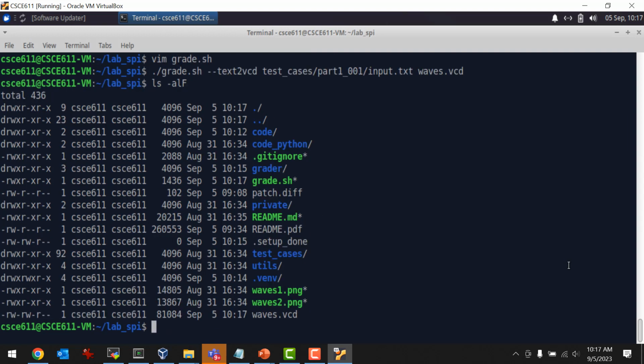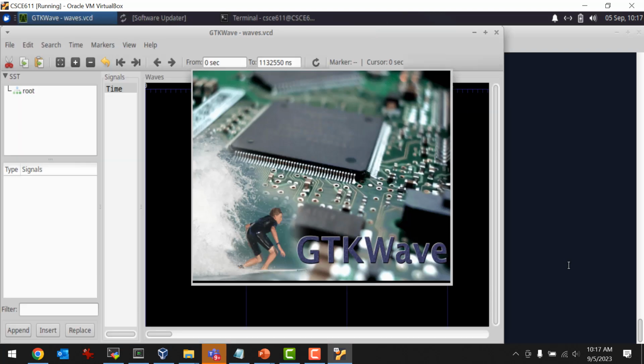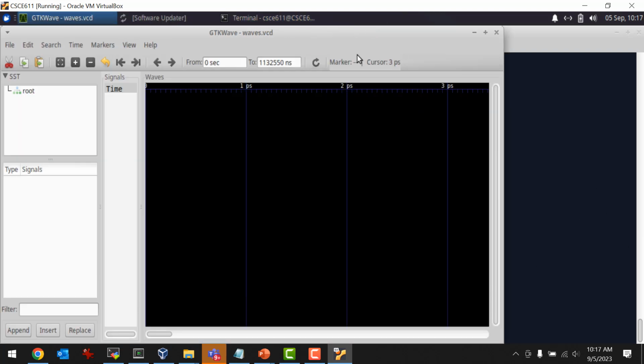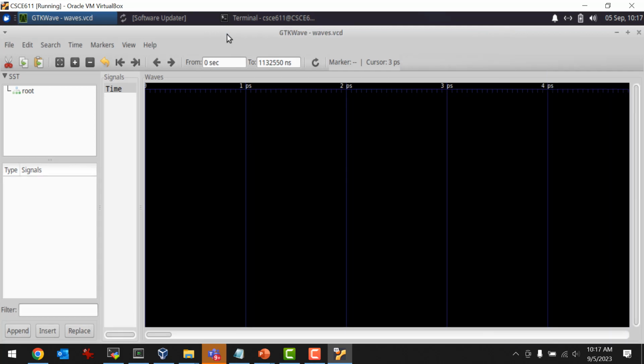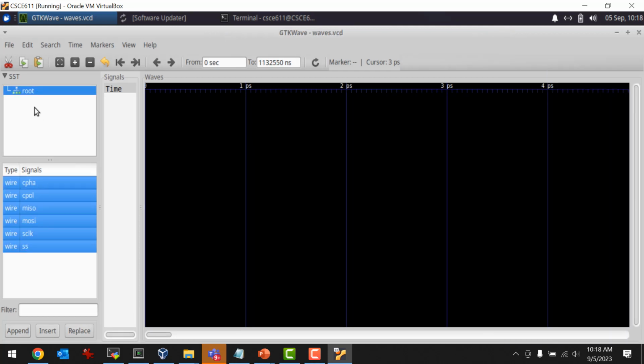So now we've got the waves.vcd. You can see that it's 81K. And then to read that waves file, gtkwave waves.vcd. And so you get this thing. And this is a little intimidating at first, but if you just select root over there, there's your CPHA, CPOL,